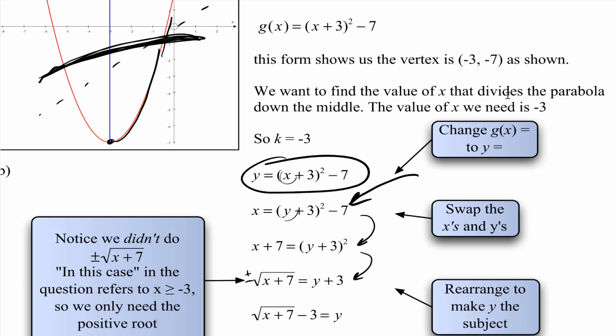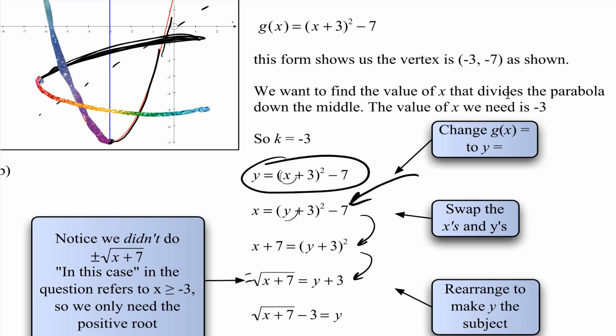If we wanted to take the values of x less than or equal to −3, then we would be dealing with, let's draw this in a different color, something like that, the bottom part of that function. Alright, so just be aware of which one it is that you're taking. If in this case it was less than or equal to −3 we're looking at, then I would take the negative root here. It would be the −1 that I'd be looking at. But in this case here,